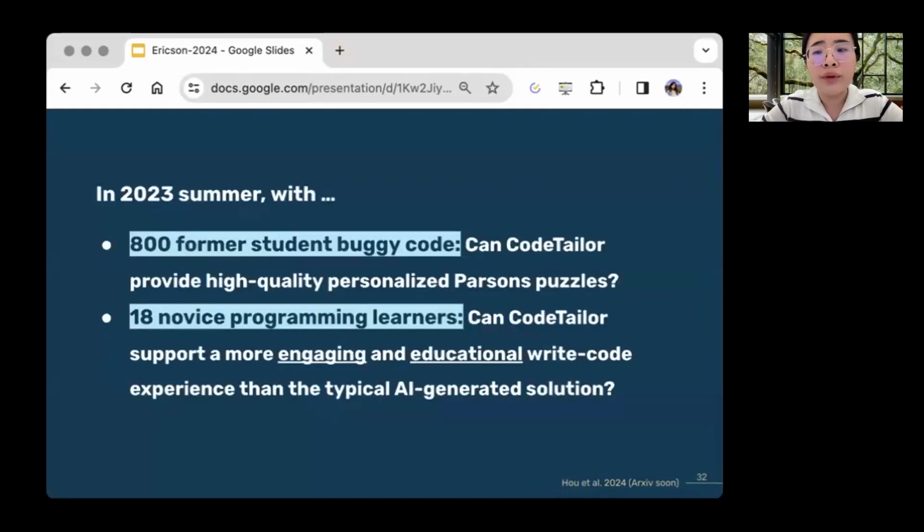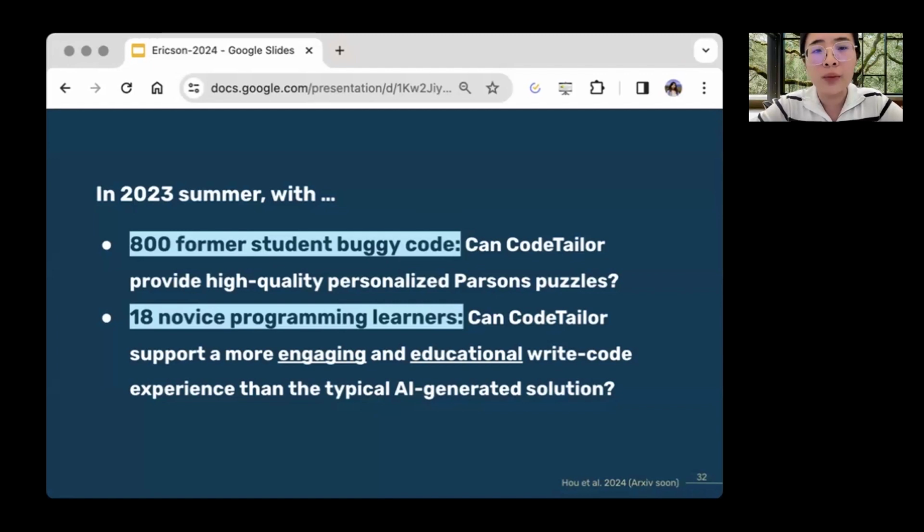So we conducted our first 2 studies in the summer of 2023 to evaluate Tailor from the perspective of the material delivery and student users. These studies involved 800 formal student buggy code and also 18 novice programmer learners. Through these evaluations, we aim to understand whether Tailor can provide high quality personalized Parsons puzzles, and whether